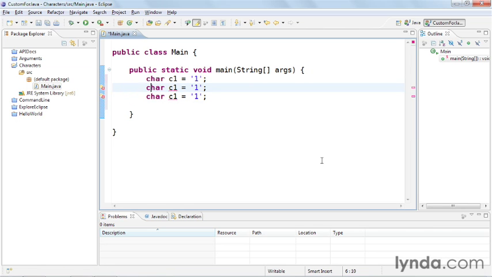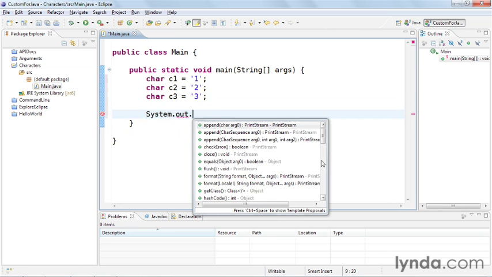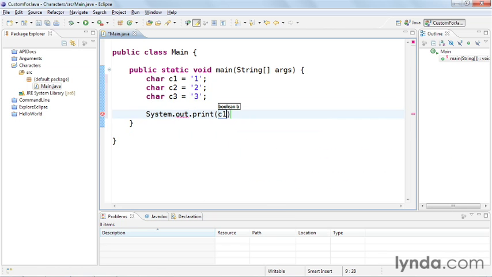Now I'm going to copy and paste this line of code a couple of times, and I'm going to rename the second two variables as C2 and C3, and change their values to 2 and 3. Now I'm going to output those values to the console. I'll use system.out.print, and then I'll pass the value C1. Notice I'm using print and not println, because I want to output this but not pass in a line feed